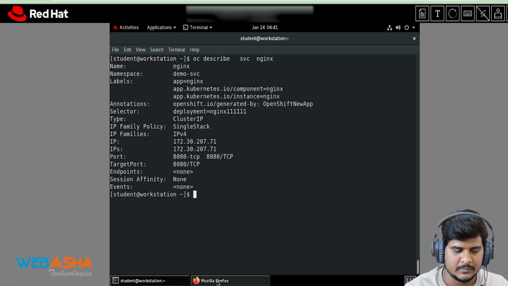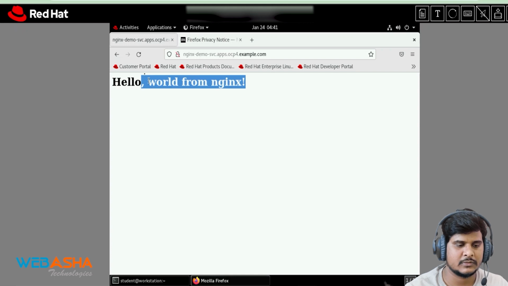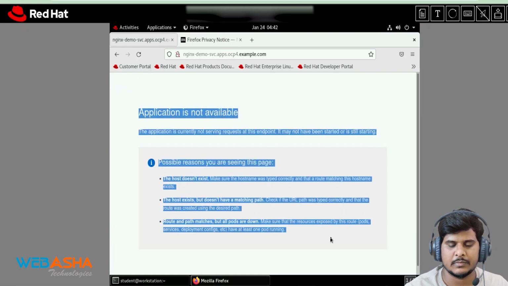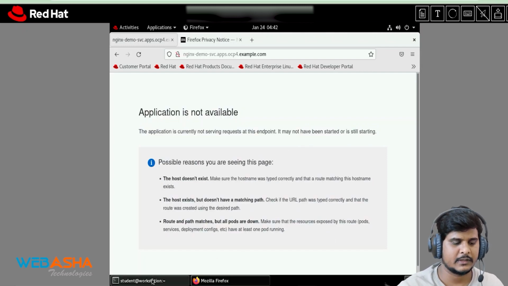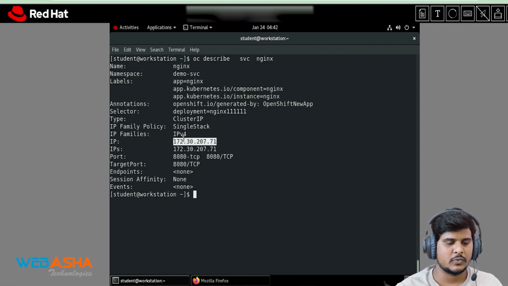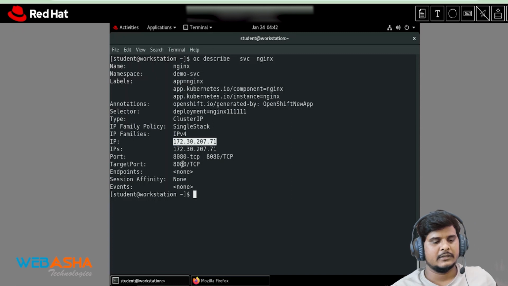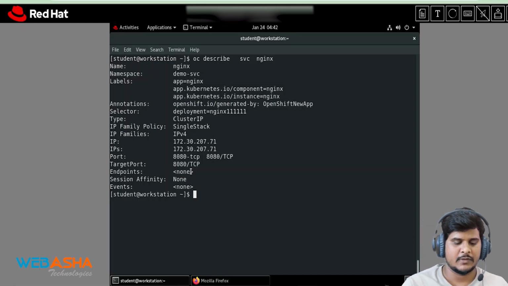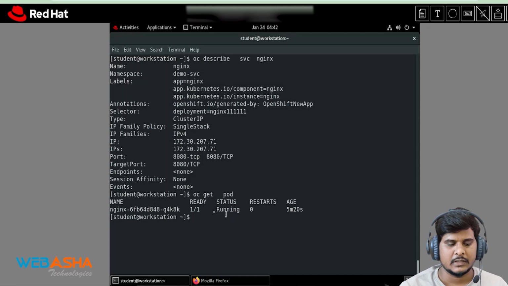It means that if you try to access those applications now, we have an application warning issue, correct? Why? Everything in the application is proper, but when we hit this particular URL or IP, the service doesn't have any endpoint IP, because there is no pod that is going to respond. We have a pod, everything is running properly, but the pod has a different IP,